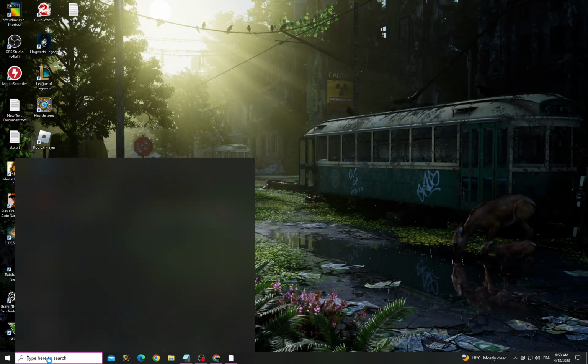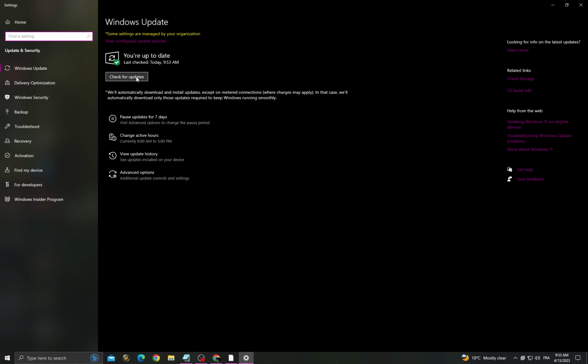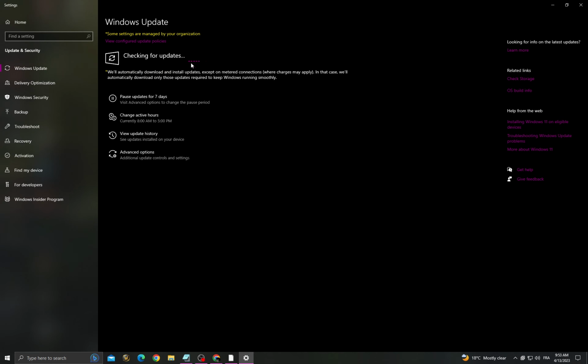Click here, go to Windows Update Settings. Now check for updates and install all the updates that you can find, and then go back